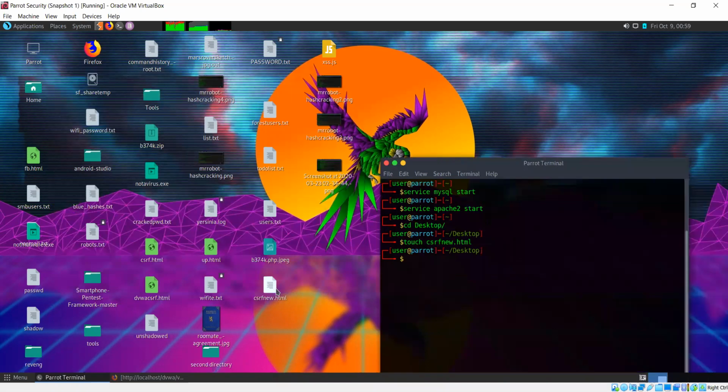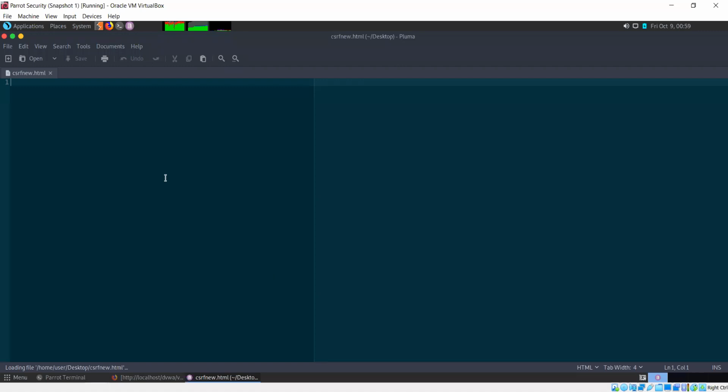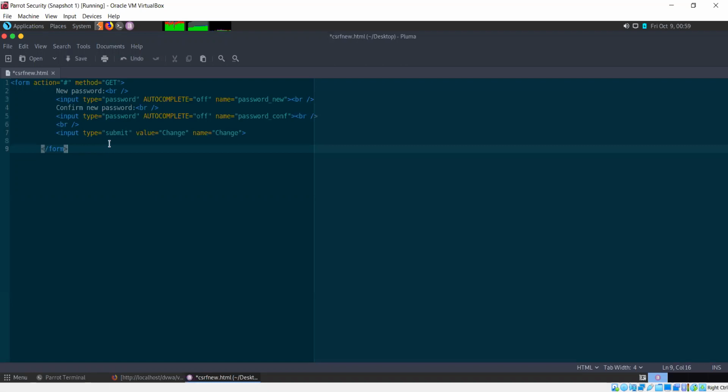So this is our file. The first thing we do is we paste our code in this.